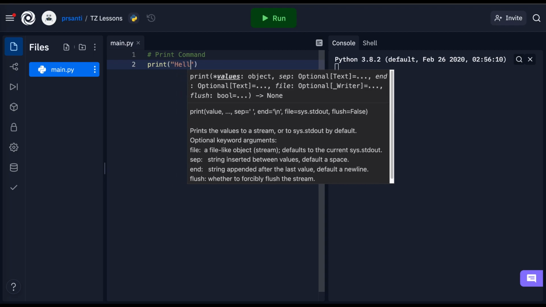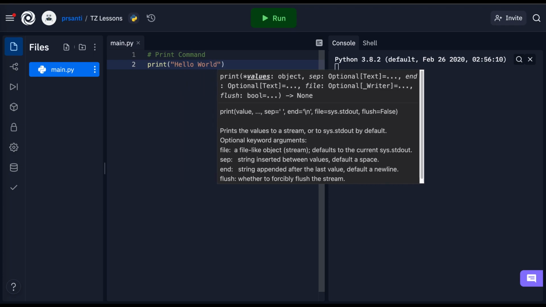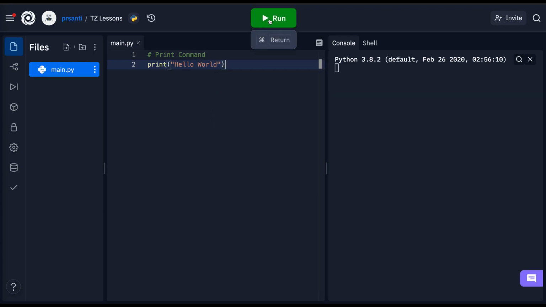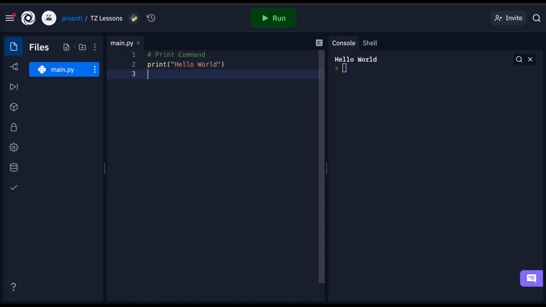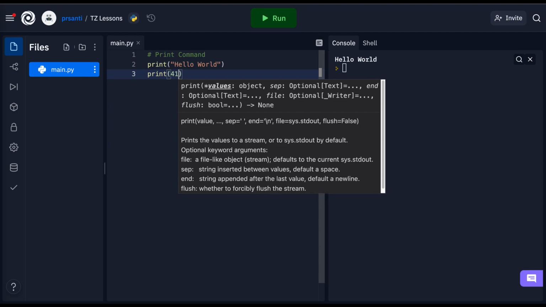In this case, I'm going to print the string hello world and hit run. And as we can see on the console, it printed hello world. We can print other data types like numbers,